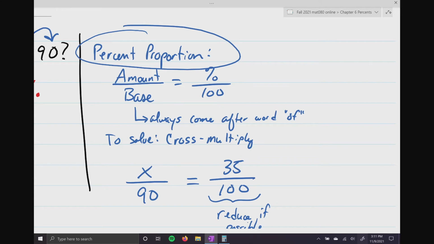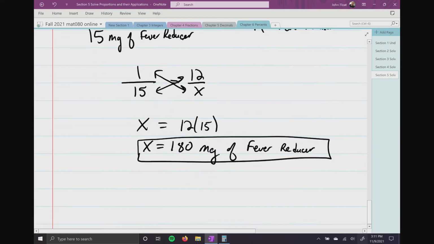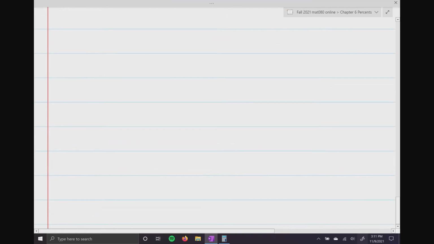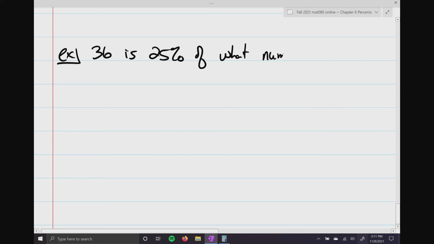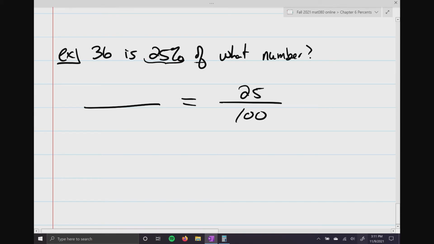So what I'm going to do is just go over a couple examples. I'm only going to do like 2 because we've already seen this before. But we'll keep it really simple. So 36 is 25% of what number? So remember, you got a percent proportion. I see the percent number is 25. I see the word of. Directly to the right, it says what number? So that's going to be an X, which means process of elimination, the 36 has to go in the numerator